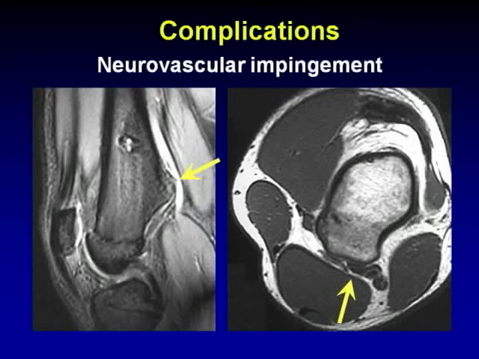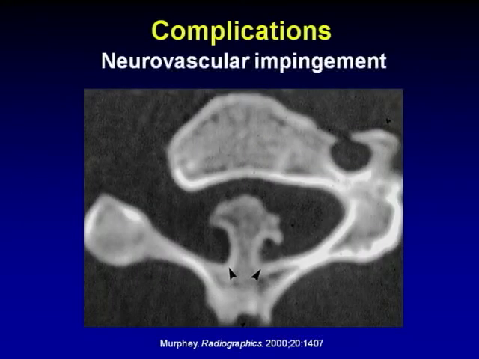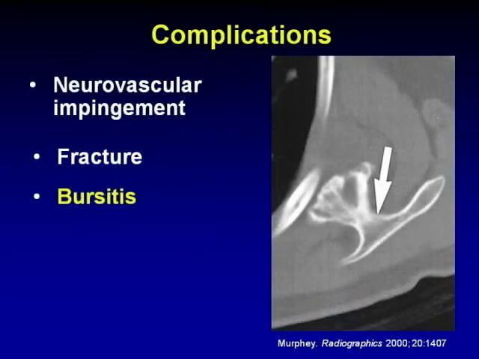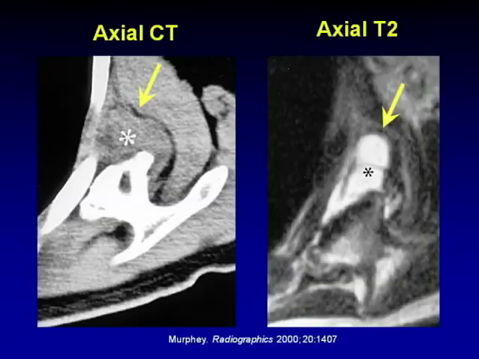Here, the osseous excrescence is impinging on the adjacent neurovascular bundle. Sometimes this neurovascular impingement can be central, not just peripheral. Fractures can occur in the pedunculated osteochondromas as well. Bursitis may occur. Here's an osteochondroma rising off the undersurface of the scapula and rubbing against the adjacent thorax, resulting